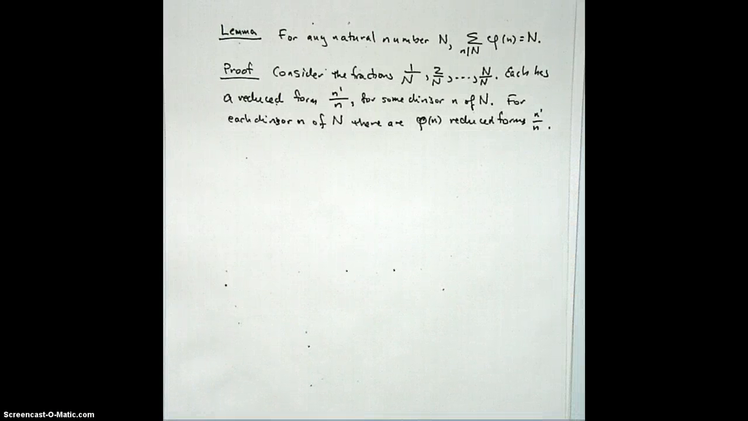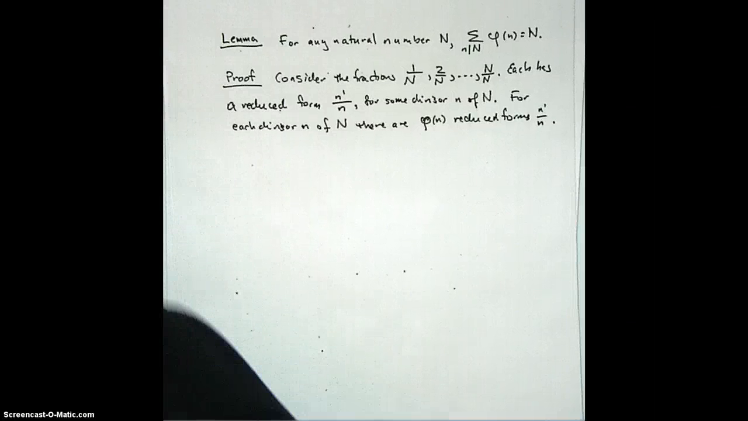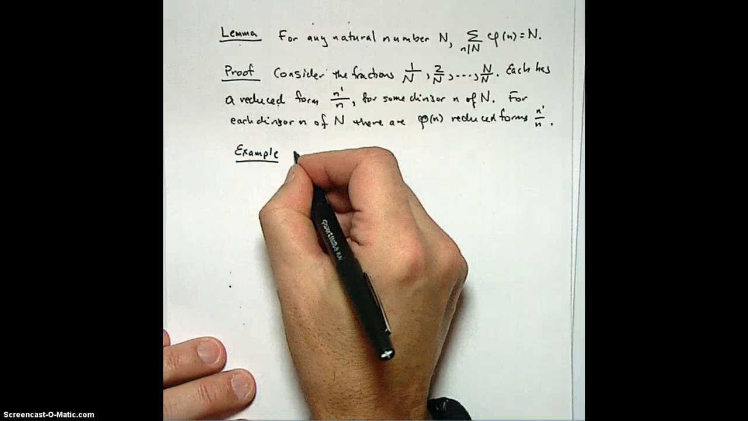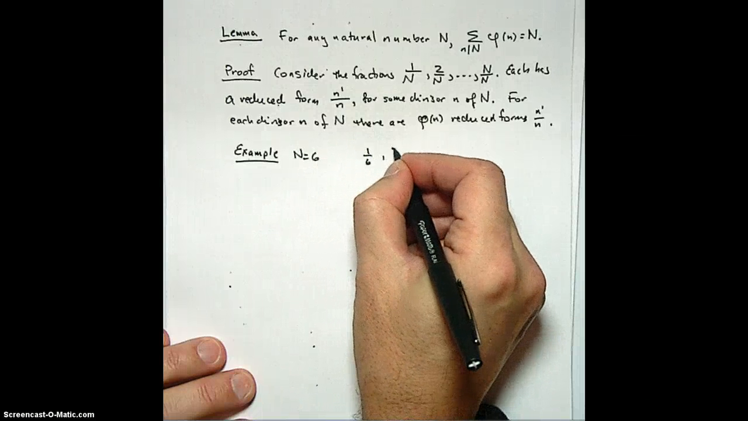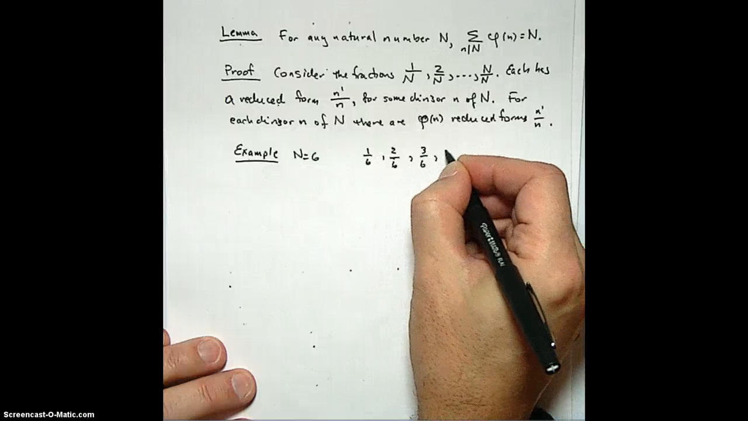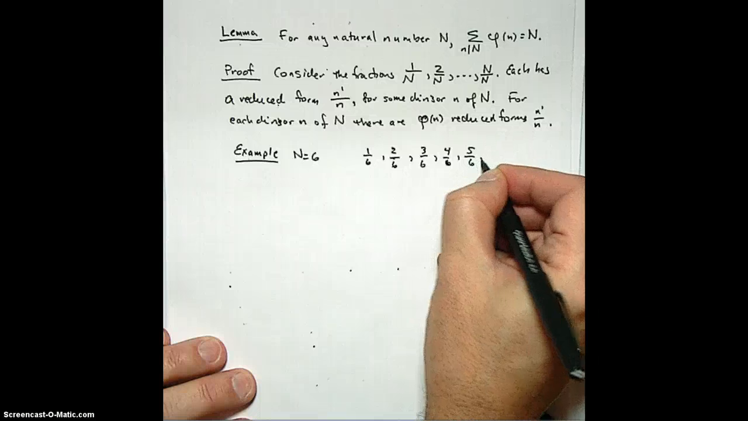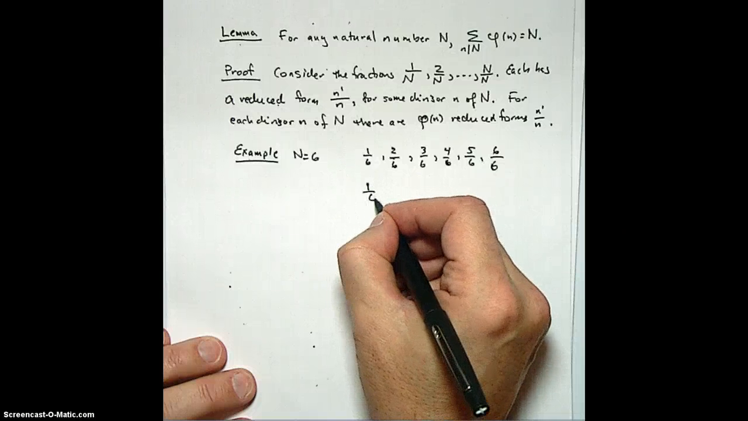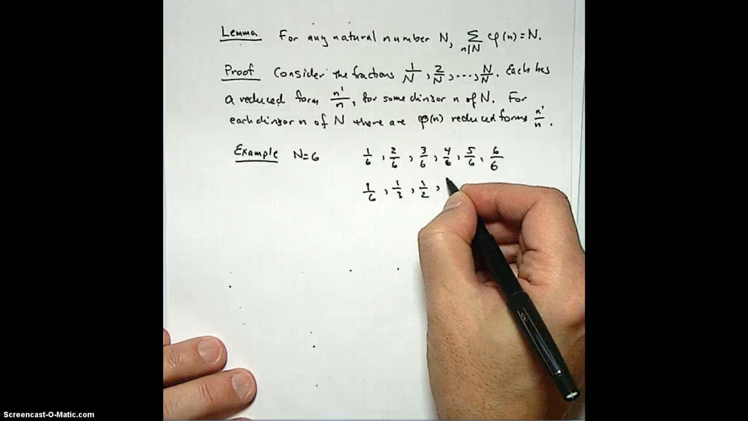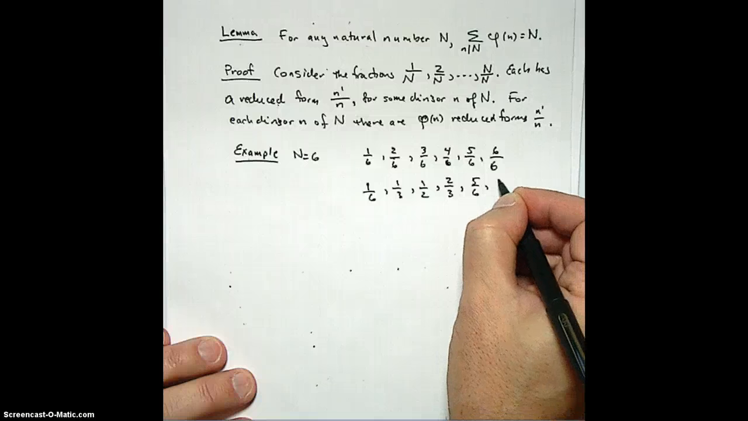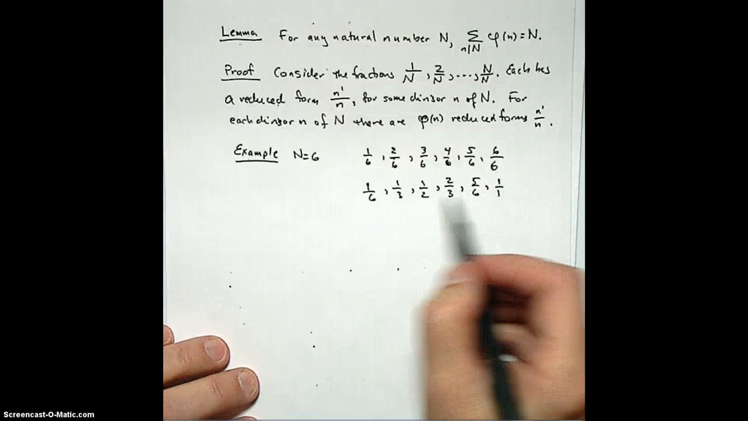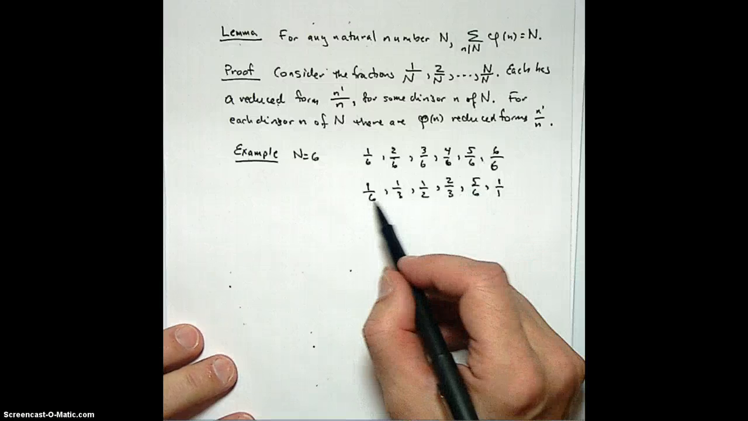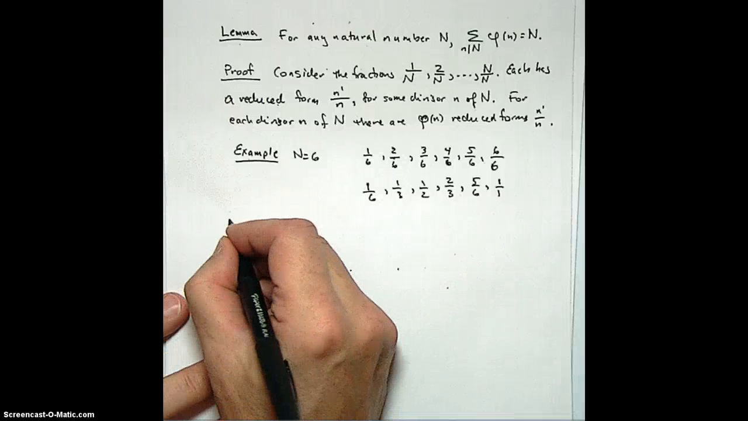Right. So let's just do an example here. N equals 6. So there we have the fractions 1 over 6, 2 over 6, 3 over 6, 4 over 6, 5 over 6, and 6 over 6. And we put them in reduced forms. And you see that the denominators are all the integers that divide 6, and the number of times that each appears is phi of that denominator. Okay. So therefore,